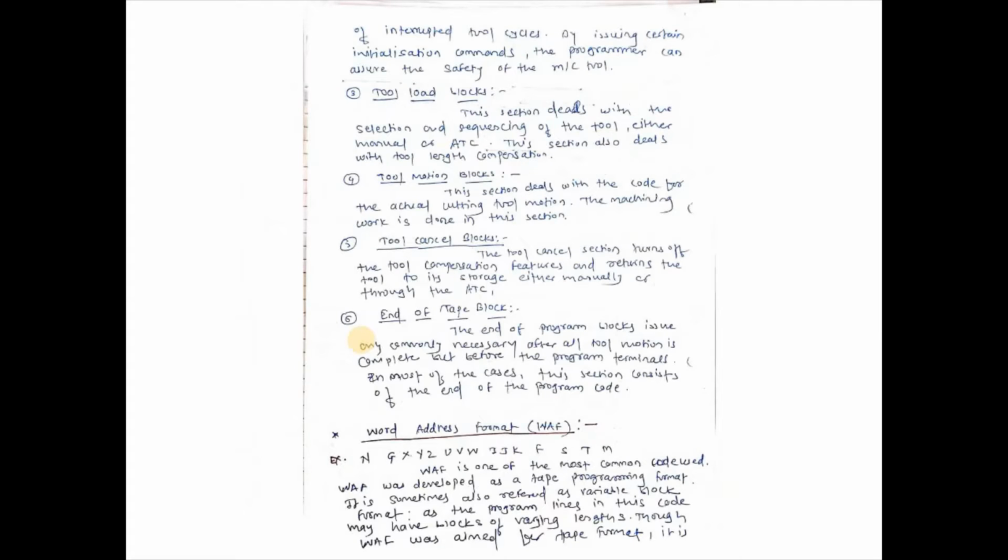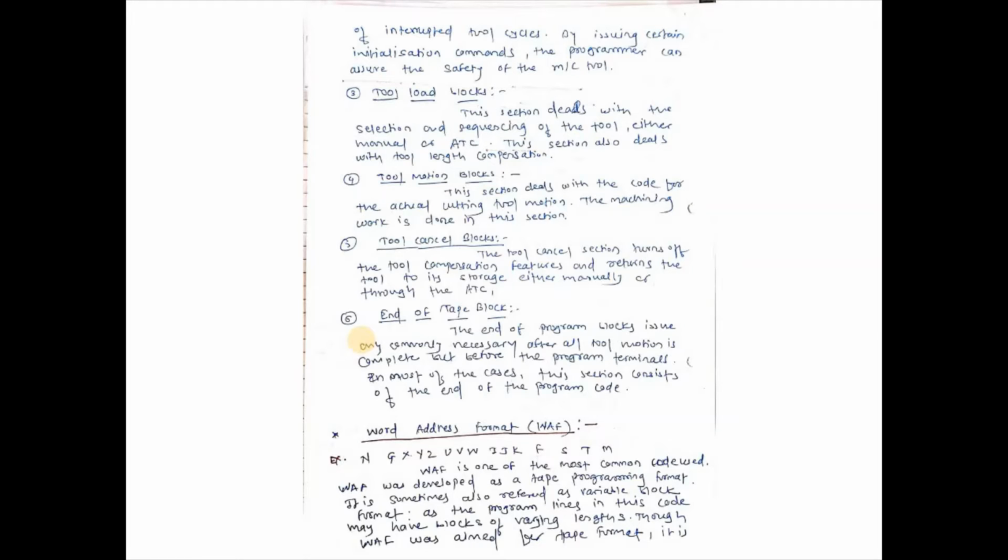Likewise, the third one is the tool load block. Whatever tools are required for that particular part design. In the CNC you can see that a turret is there, an automatic tool changer block is there. In that block we keep the number of tools, and from that turret we use the required tool at that time. So in the tool load block, whichever tool is required, we have to set before going to manufacturing. For that purpose that block is required.